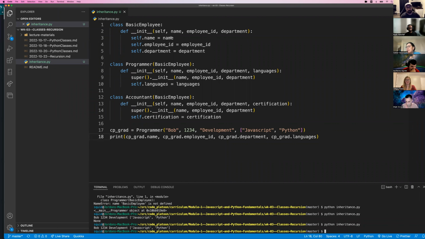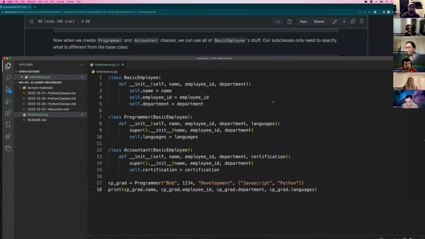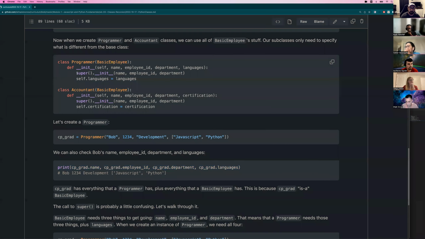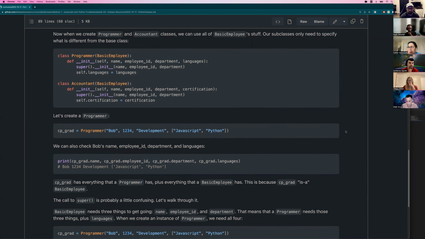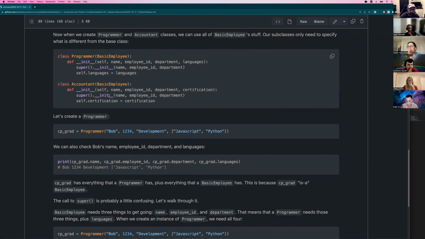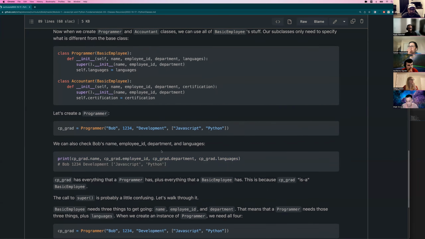So really not showing you anything special at this point. This works as you would expect it to, but now I'm telling you, you've got to use this super call and this parent reference. But it does operate this way. This is a way to save a lot of lines when you're building out different classes that all reference kind of the same main data type.